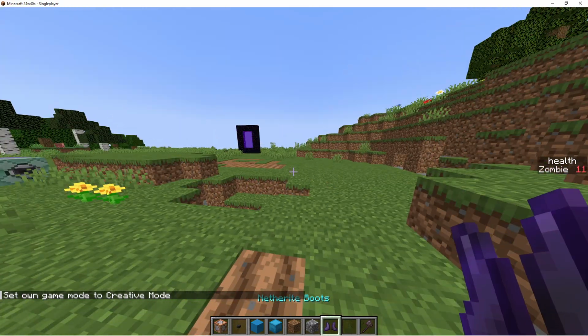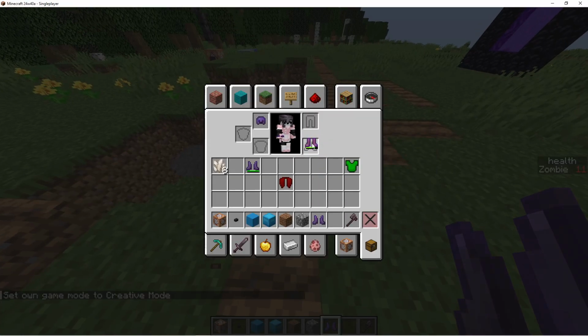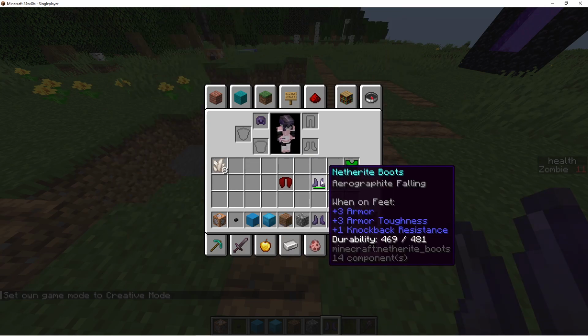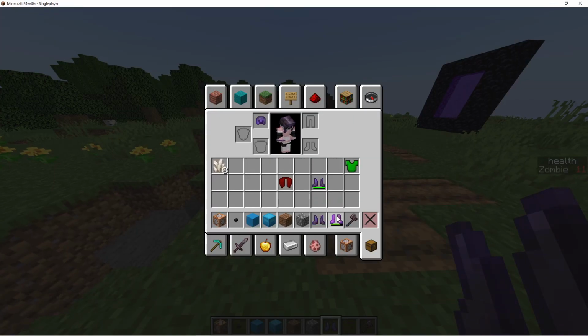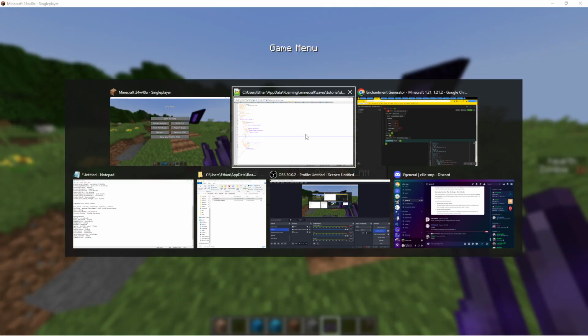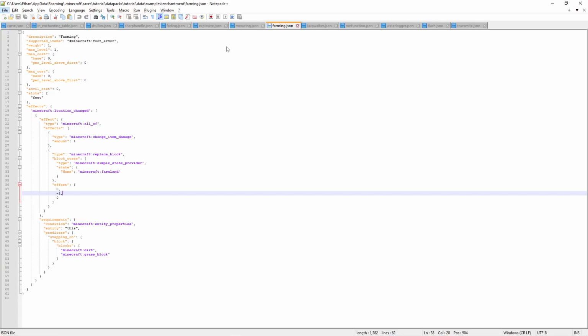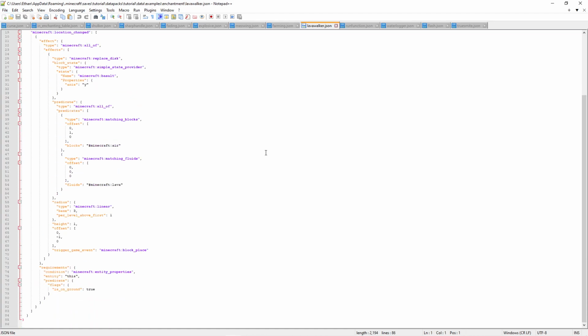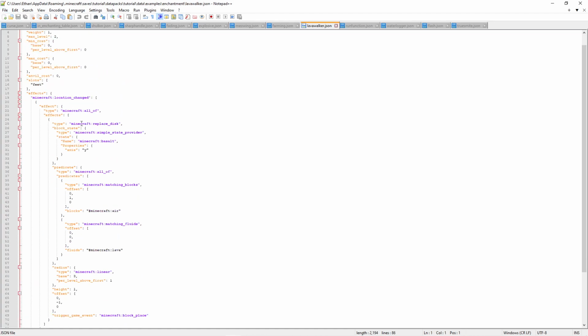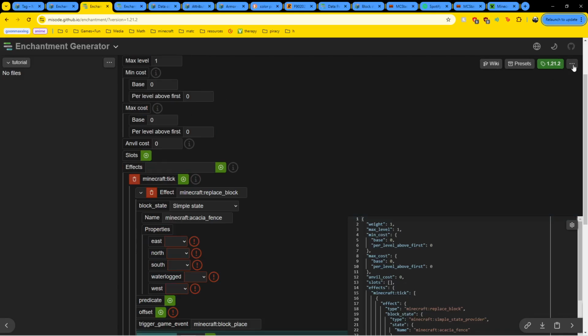Next we have Lava Walker. I still have these on, which I will show off. This one is, again, a little complicated. As you can see, it's kind of long. This one is replace disk, and I turned it to the location changed. So this one,